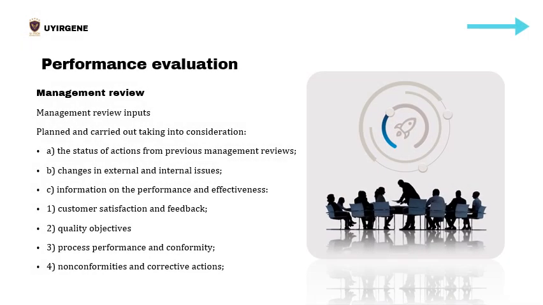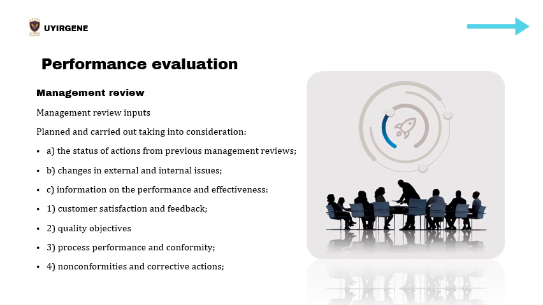Top management shall review the organization's quality management system at planned intervals to ensure its continuing suitability, adequacy, effectiveness and alignment with the strategic direction of the organization. Inputs of management review. The management review shall be planned and carried out taking into consideration the status of actions from previous management reviews,